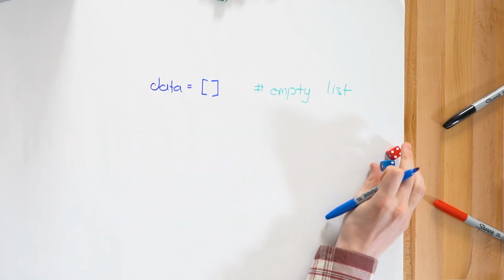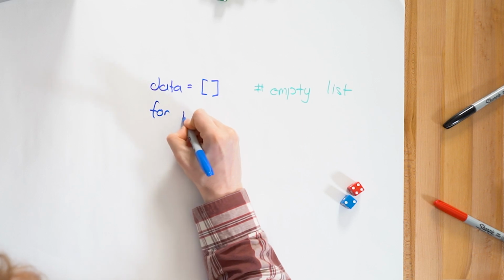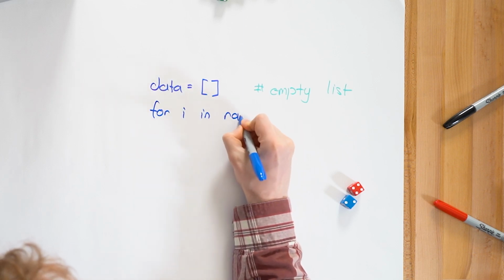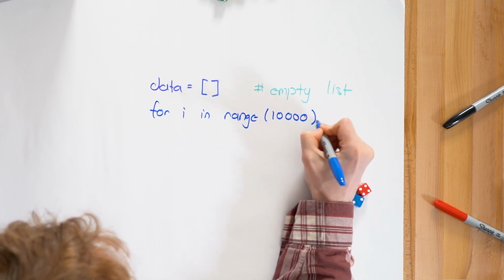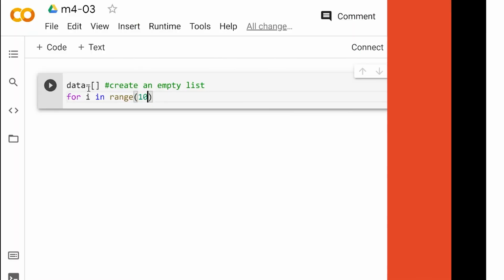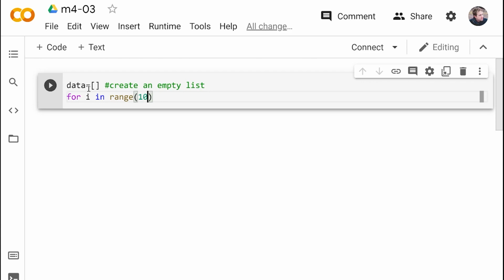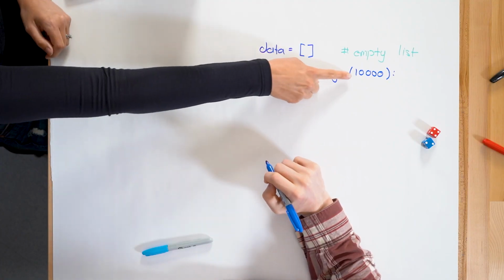Got it. So to do 10,000 dice rolls, we need a loop that's going to run 10,000 times. So to do that, we have for i in range 10,000. Wait, I have a question. As I'm typing this into Python, do I put the comma in 10,000? It looks like you didn't. So yeah, a comma is an extra character and Python doesn't understand commas. Perfect. So we need to write just 10,000, so 1 followed with 4 zeros.